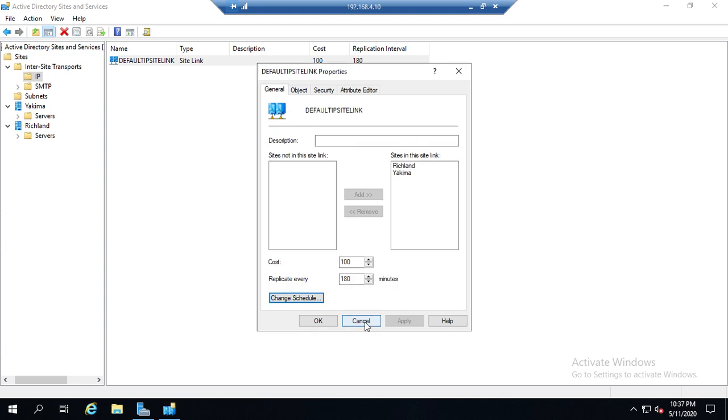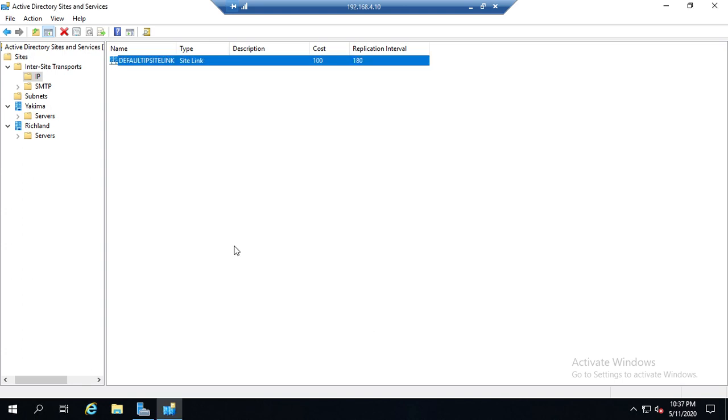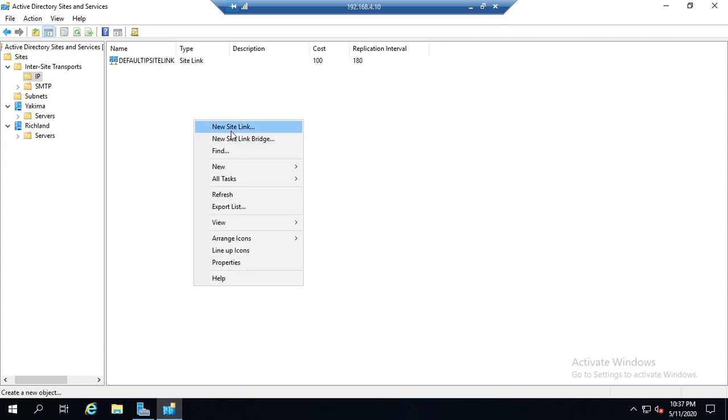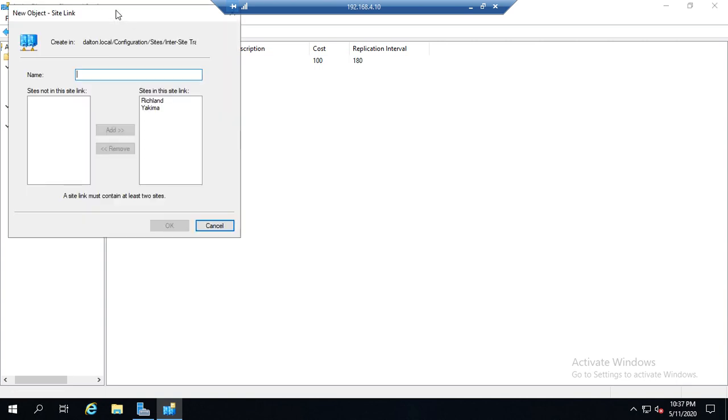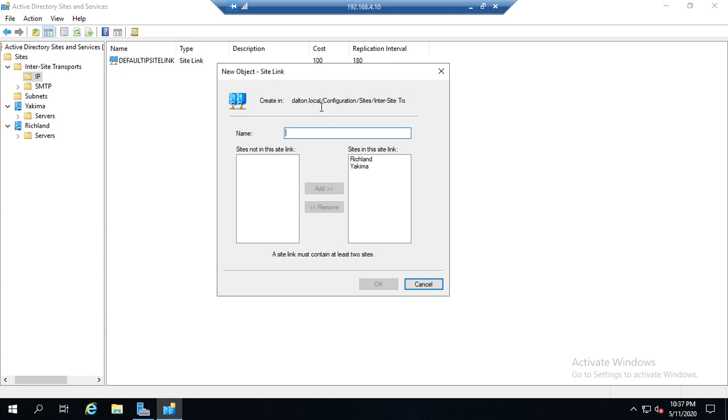All right, so what if we wanted to create another site link? Let's say we were going to connect Richland and Pasco, and they were going to have a slower link. So let me create a new site link. I'm going to click New Site Link, and I'm going to call this one, let's do Slow Link. I feel really creative at the moment too. And then I can choose which sites are using this link. And in order to create it, it has to have at least 2 sites. And I'm going to go ahead and leave these 2, and I'm just going to change that in a few